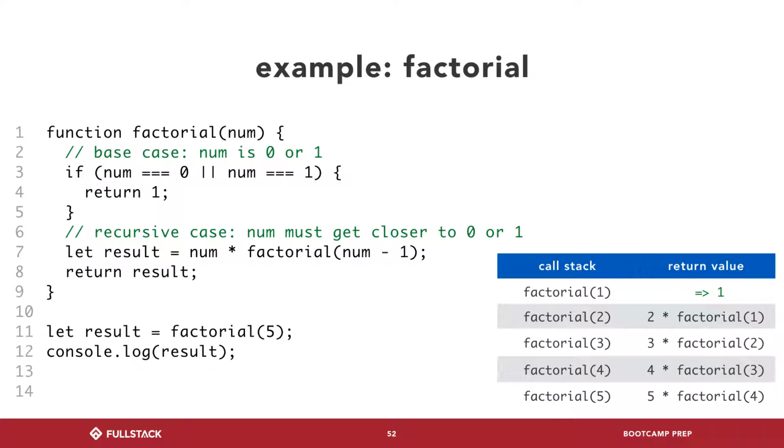So let's plug this 1 back in here, right? Factorial 1 is finished running, and so let's see, where do we leave off? Well, we left off with figuring out what factorial 2 was, and the math behind factorial 2 was 2 multiplied by factorial 1, right? From line 7 here. So let's slot this value in. What's 2 multiplied by 1? It's 2. So now we're still trying to finish factorial 2 here, right? We get to line 7, result is equal to 2 times 1, which is 2. And then line 8, we return